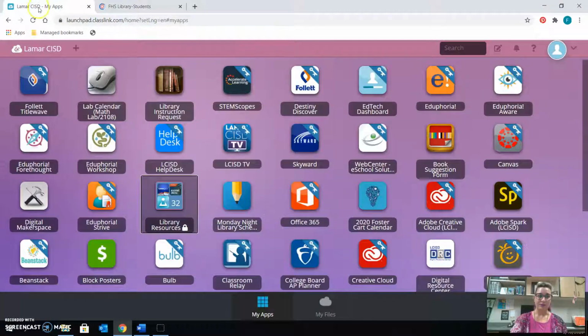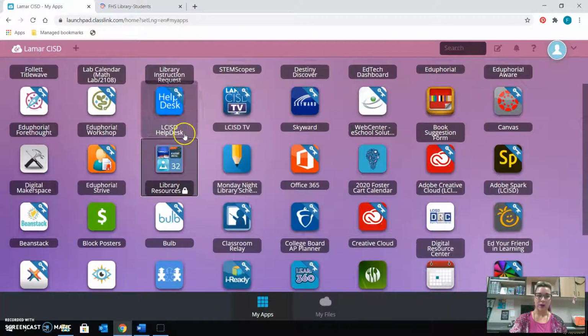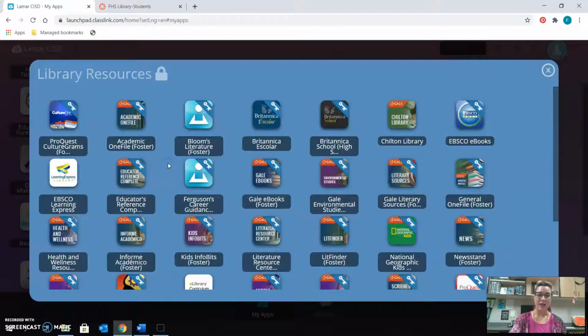So let's get started. We are going to begin by coming down to the icon on our ClassLink labeled Library Resources, and this is where you will find all of the databases that the district pays for, as well as the ones that we have purchased for Foster specifically. And I want to go through and highlight a few of these for you today for your particular project. The first one I'm going to point out is called Academic OneFile,